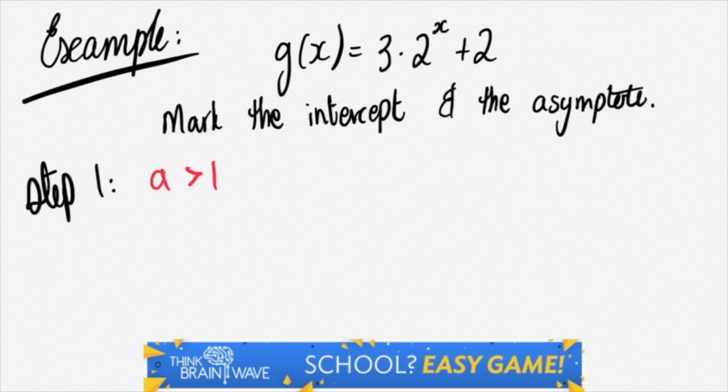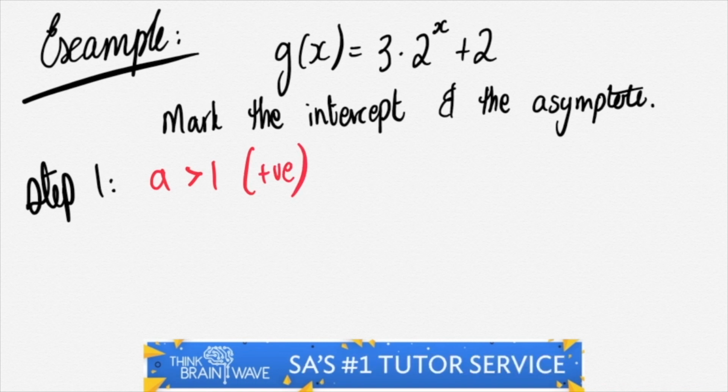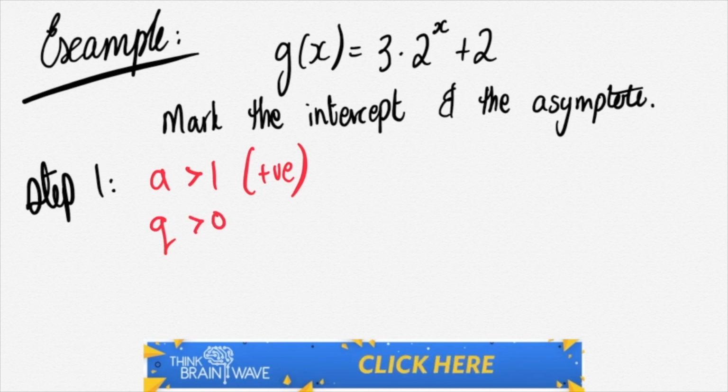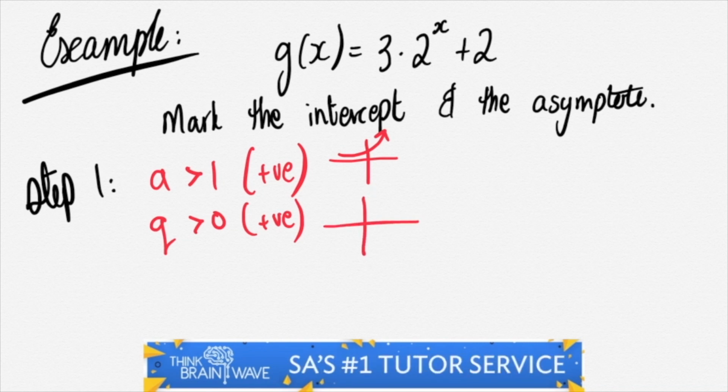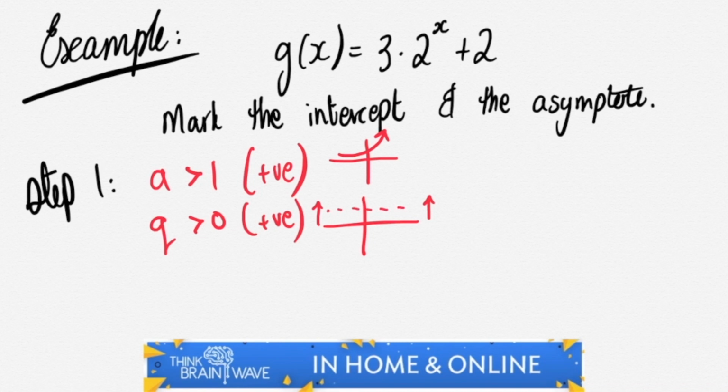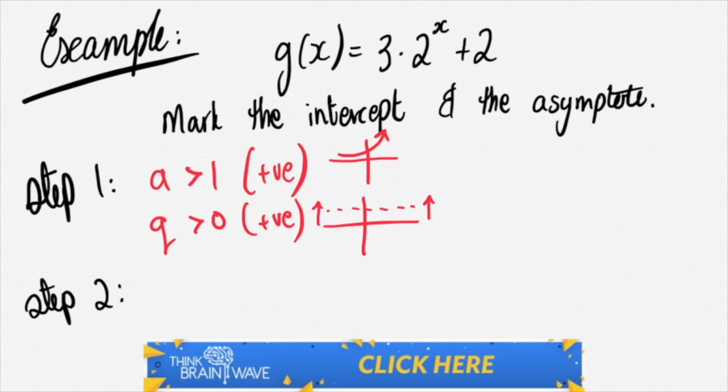Step 1, always do your a first. So a is positive, which means it's greater than 1. Q is positive, and it's a shift upwards by 2 units. Your b is also greater than 1, therefore your shift is upwards and your direction is also upwards. Step 2,